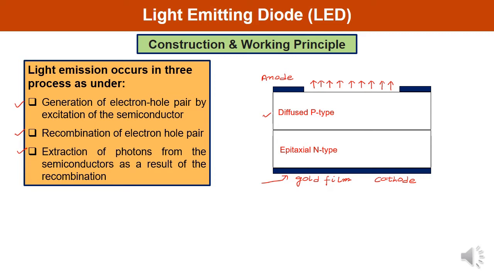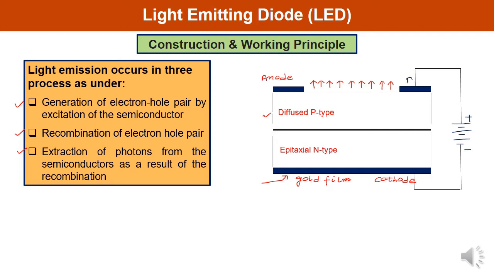Now, how does its working principle go, how does it actually work? To understand the working, you must remember that the LED must be forward biased, then photons are generated by the recombination of the electrons, which are injected from the N side, with holes in the P side of this junction. It means here it must be forward biased. So anode must be connected to the positive terminal of the battery and cathode must be connected to the negative terminal of the battery. So this is how the battery must be connected over here.